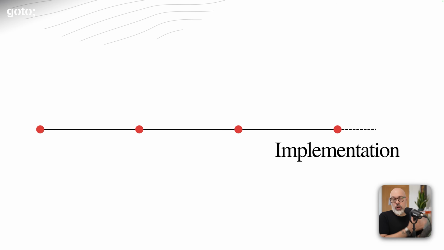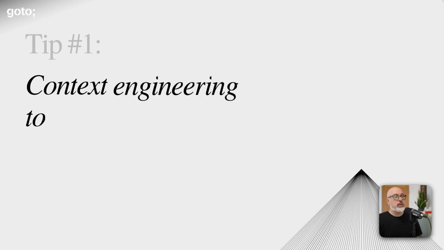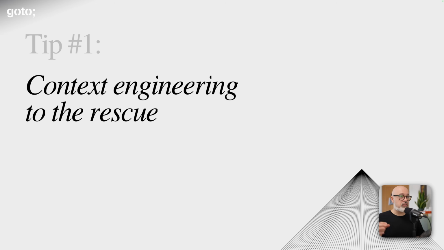At some point, you arrive at a situation where these three steps are more stable, but at the beginning of a new project, these things are extremely important. Even at the beginning of specific features that are extremely impactful, maybe spanning multiple domains, it is extremely important to define them. So my first tip is leveraging context engineering